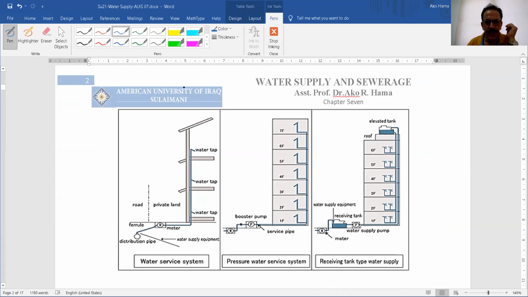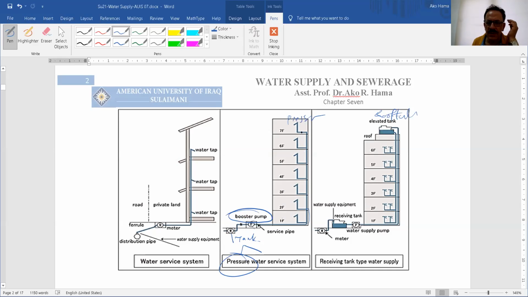We typically have two systems of supplying water, hot water, and sewer for the buildings. Either it will be a pressure system. A pressure system means that you don't need a roof tank or elevated tank. In this pressure system, you just need a booster pump, which takes water from the ground tank and supplies each of the floors with pressure.